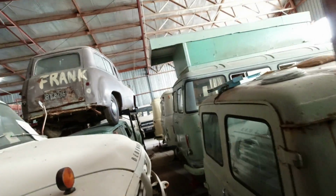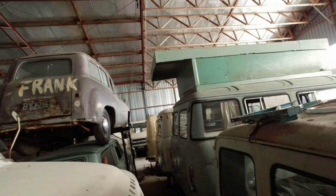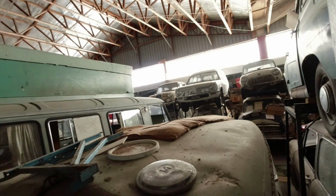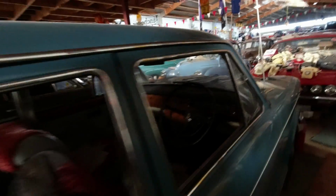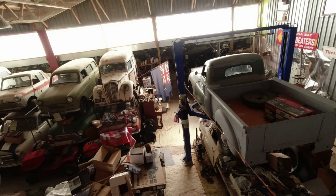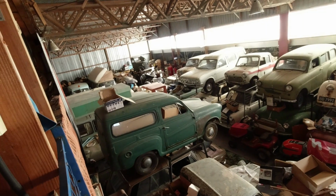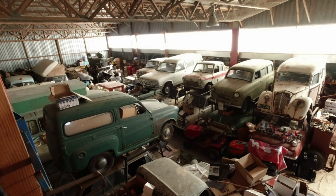Oh yeah, we're not really allowed into that section. And we're not really allowed into this section either, so I won't be going any further. Got some Rover Commas, Marina, Van, Mini. Blimey. Blimey, the list goes on and on. This is the forbidden section, but we can't get into. But little A30 Countryman there, possibly A35. Gosh,